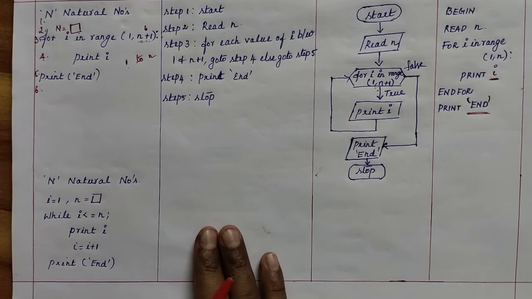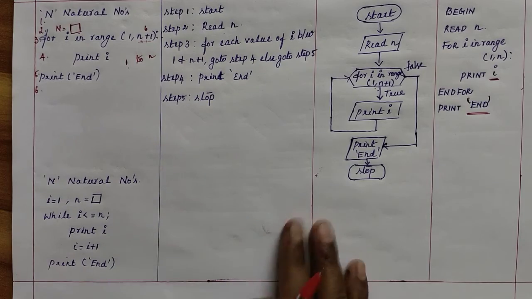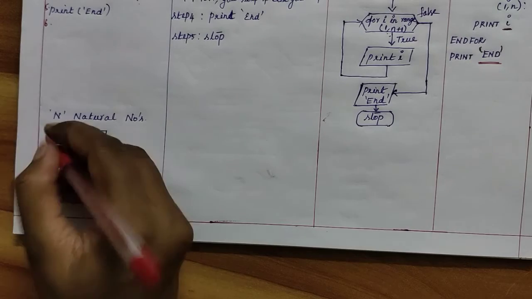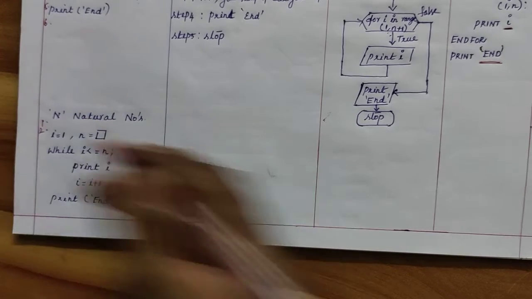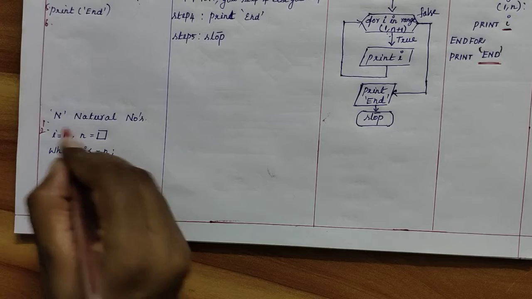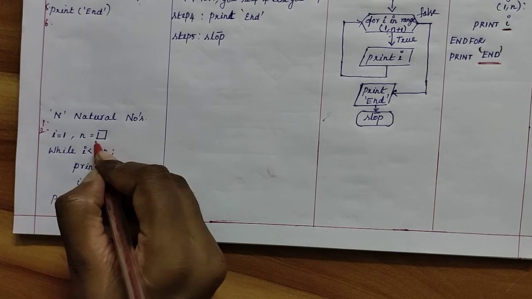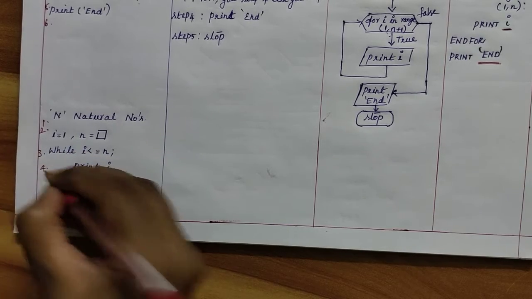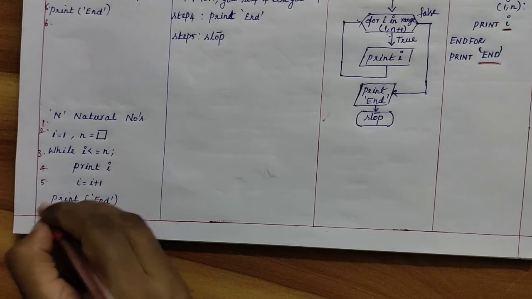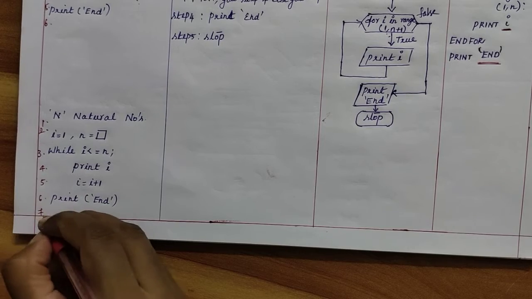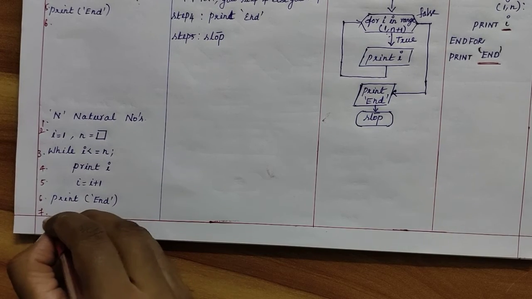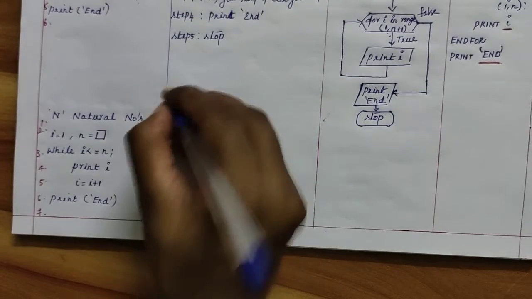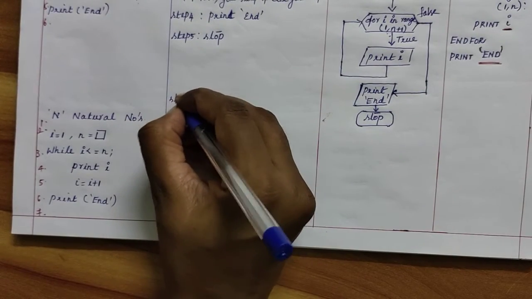Okay, and next we are just going to see about the while. So here also we have to number the logic. The first one is start, and the second one is we have to initialize I value as 1, and we have to get the value for n, and this is for third, and this is for fourth, and this is for fifth one, and this is for our sixth point, and this is our seventh. So what is our seventh? Seventh is stop.